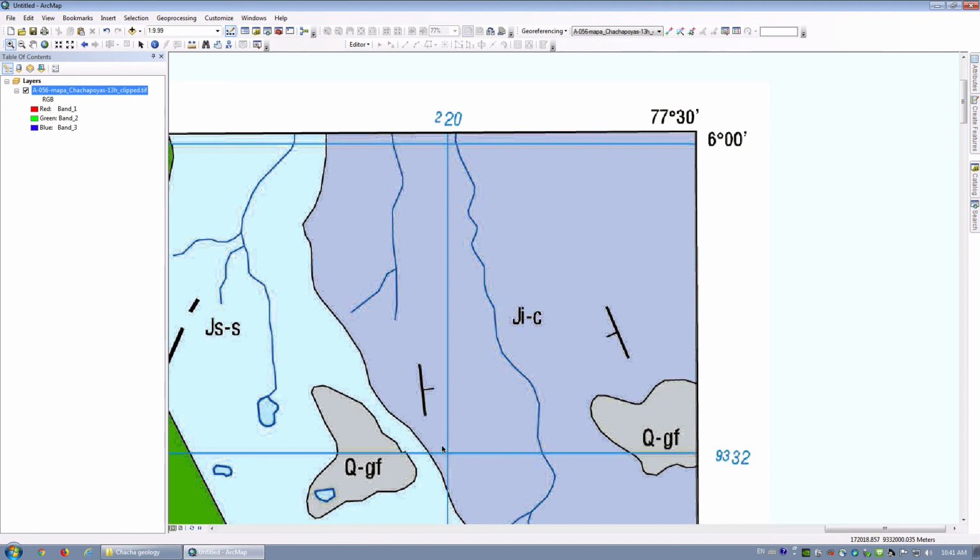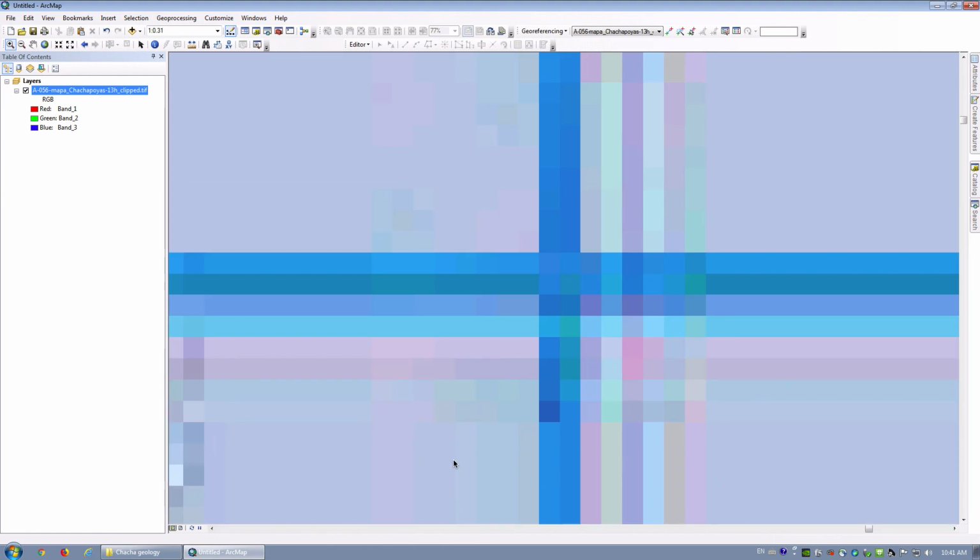Once again, I will zoom in rather closely to the intersection between these two, and remember 220 east, 9332 north. This is a bit more difficult to make out, but I'm going to place the point right, let's see, right there,